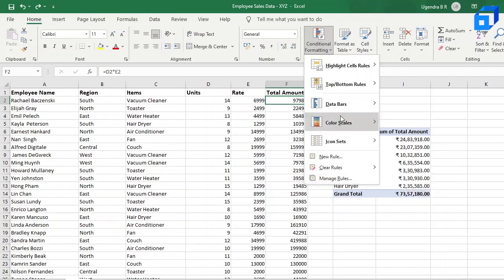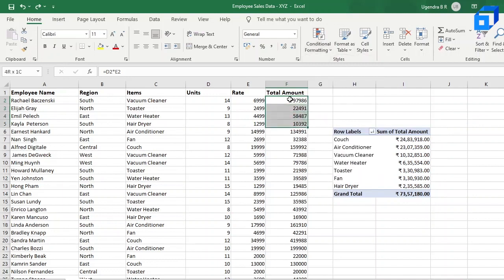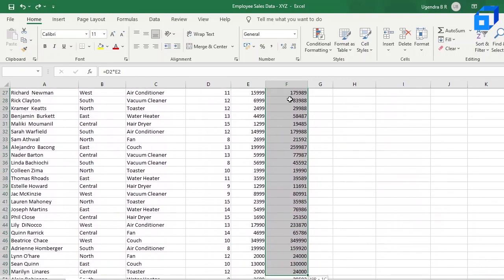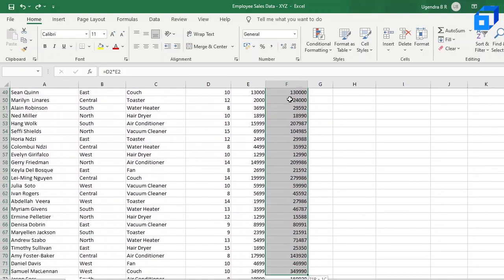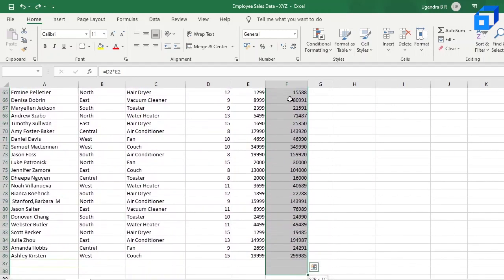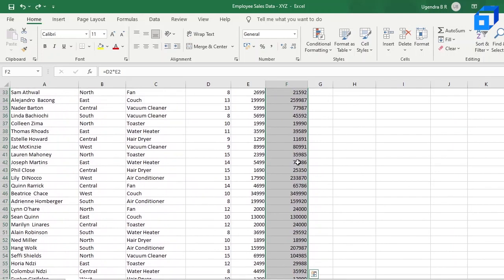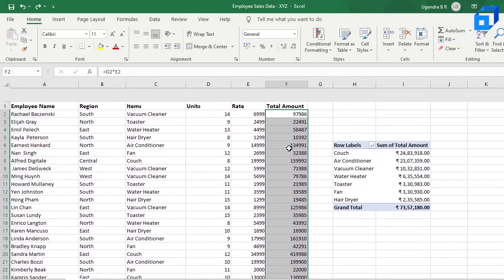Before applying these rules to our dataset, let us select the range for which we want to do the conditional formatting. Let's say the criteria is, if the total sales amount for each employee is above, let's say, 80,000, you can do it over here.